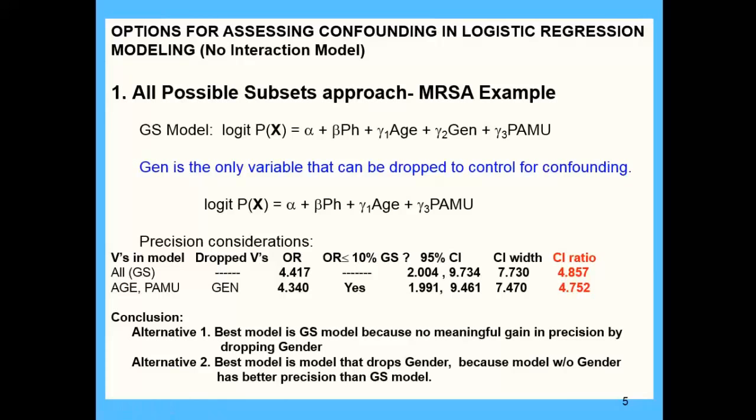So you can decide to use the gold standard model by saying, I didn't gain that much precision, or you could decide to use the model that drops gender if you said, well, I gained precision, at least a little bit, and maybe that's better. Debatable. Lots of things are debatable. And there's not a lot of completely right answers in anything you do when you're doing modeling or any kind of analysis,